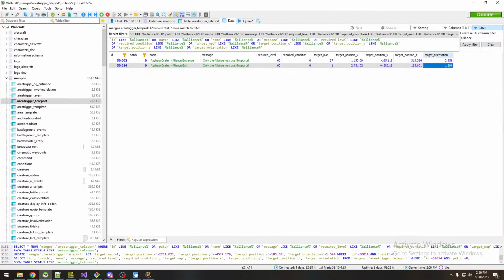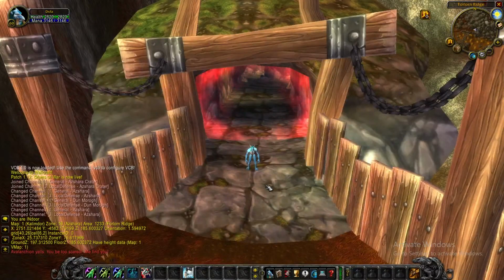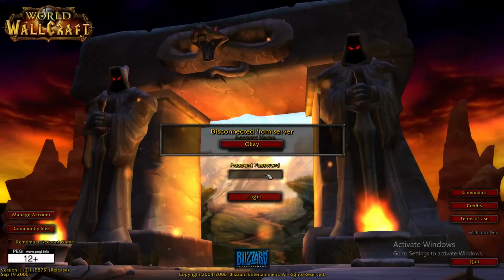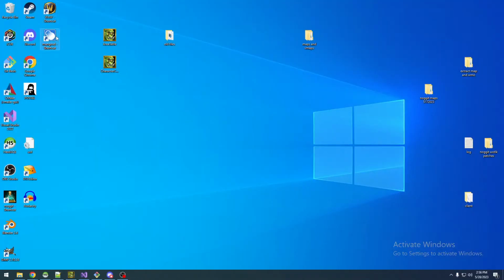So you can see now we have the area trigger teleport set up, and we're going to want to reload the server. You can't hot reload database if you've added a new row, so